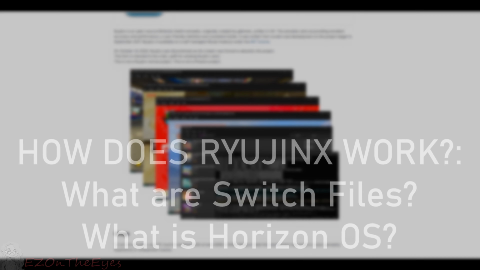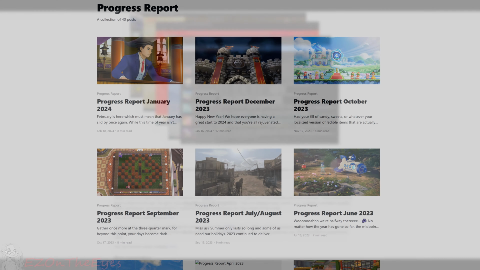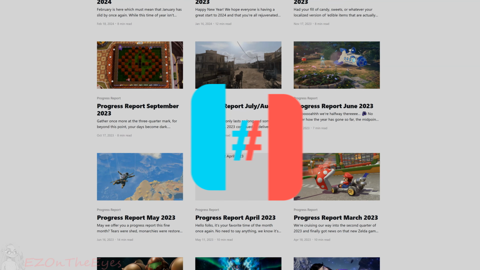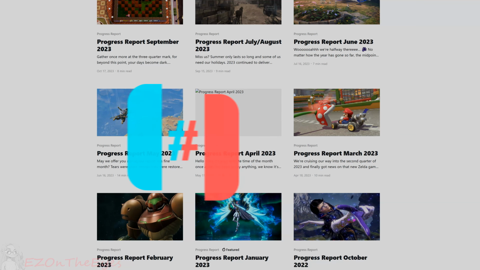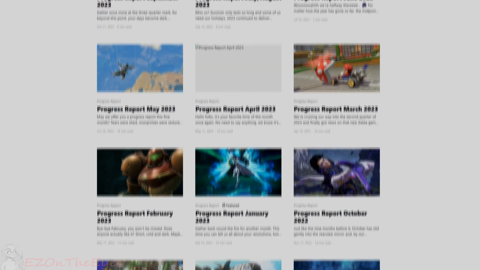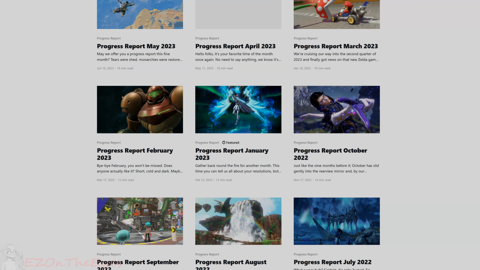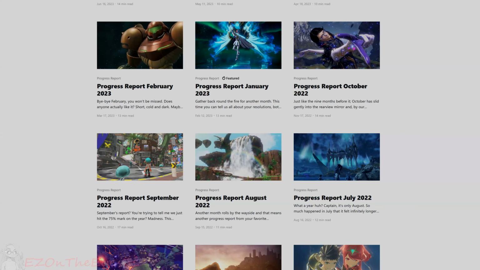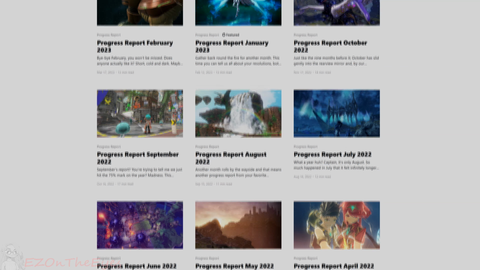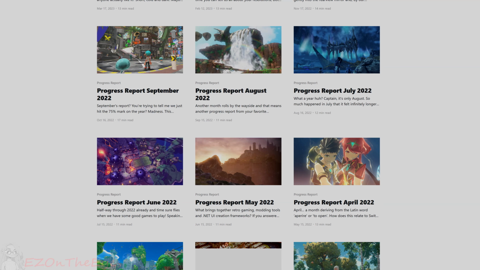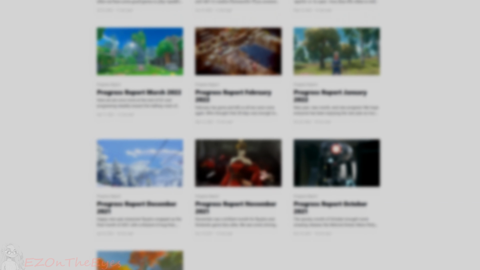Before we understand how this fake program works, we should have a basic understanding of how the real program it's based off operates. Ryujinx was a Nintendo Switch emulator in development by a community team for years. In the time I've witnessed it develop, I've seen it grow from not having a user interface and struggling to launch games, to now having wide compatibility and support for many systems, including Windows, Linux, Mac, iOS, and Android, with the mobile ports being after cessation.